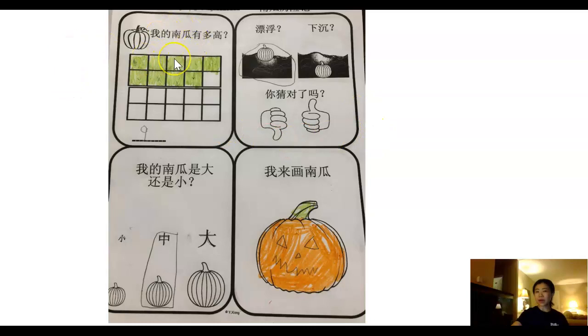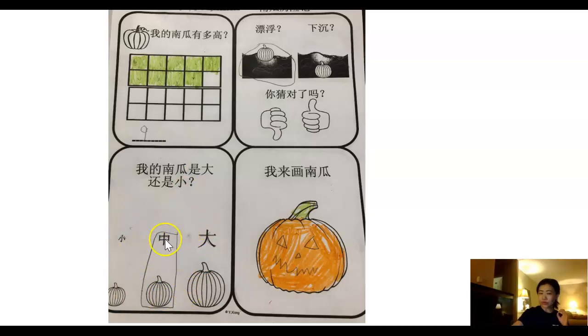So the first question is about the height of the pumpkin. How many cubes? And the student colors the cubes. 1、2、3、4、5、6、7、8、9. And they write the number 9. And the next question is about observation, the size of the pumpkin. So actually, we look at the pumpkin. We measure the height. So that pumpkin, the size is about medium. So we choose